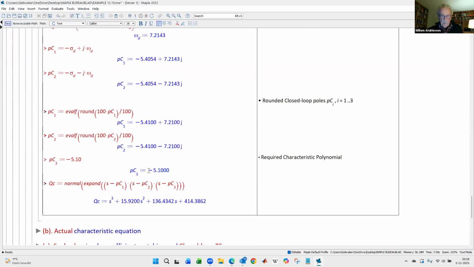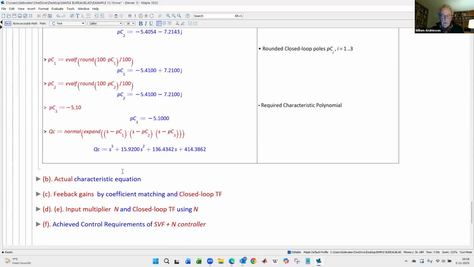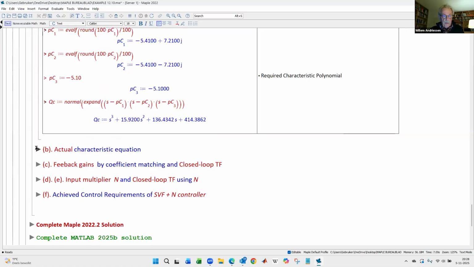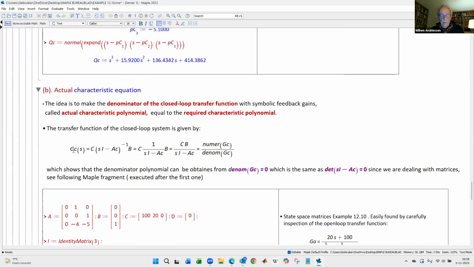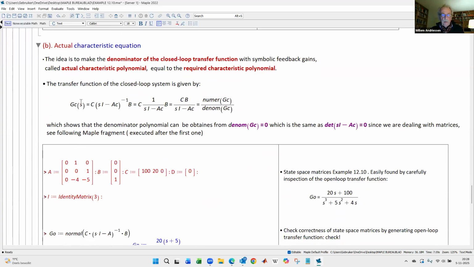And the third pole is set at minus 5.1. So then you get a system where the denominator of the transfer function, also called characteristic equation, required characteristic equation, is given here. And now the problem is to find k, and for that we construct the actual characteristic equation